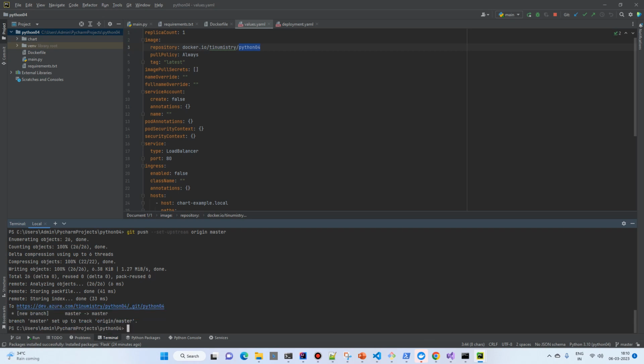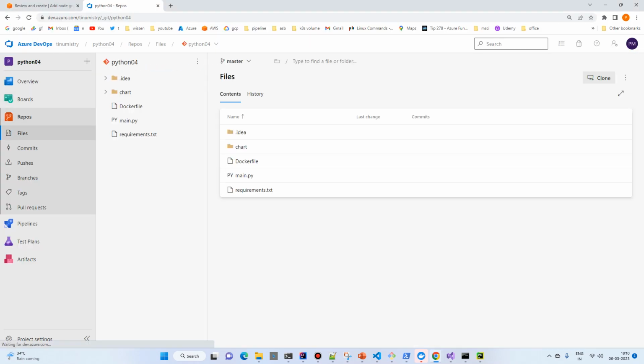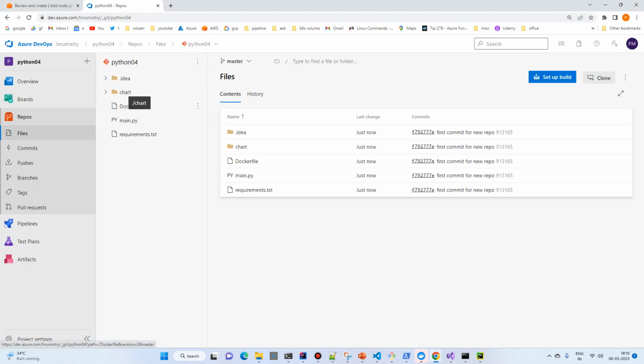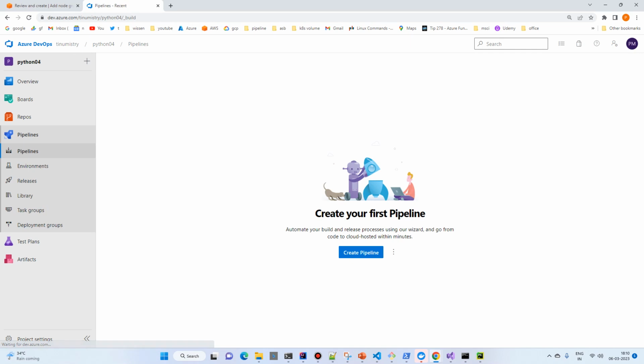So now our application is there in the repo. Just click, check it. Okay, so everything is there. Chart is there, Dockerfile is there, main file and requirements.txt are also there. Okay, so now let's create a new pipeline